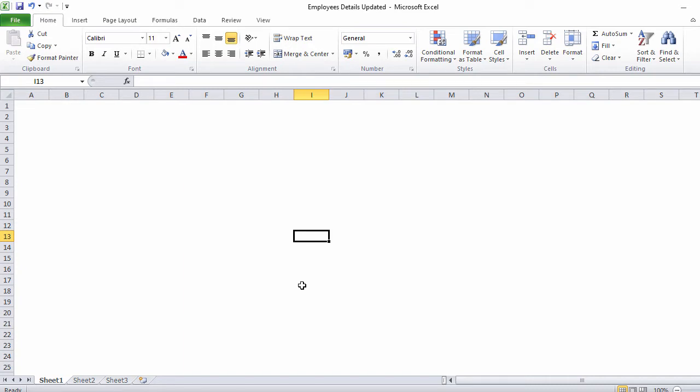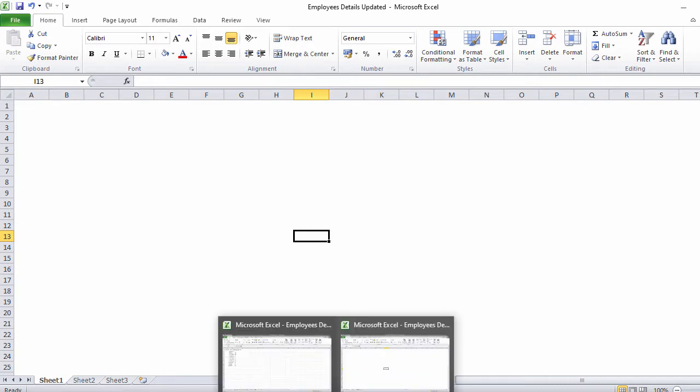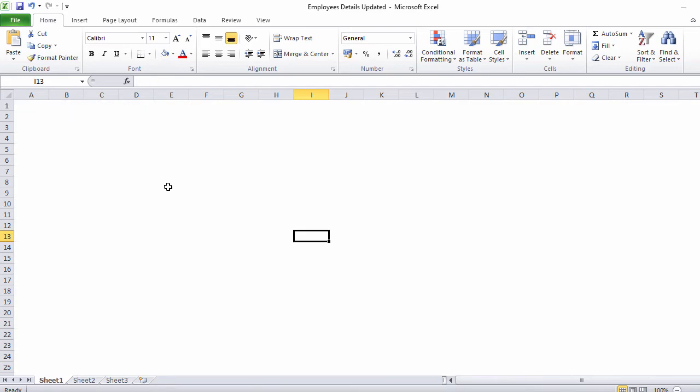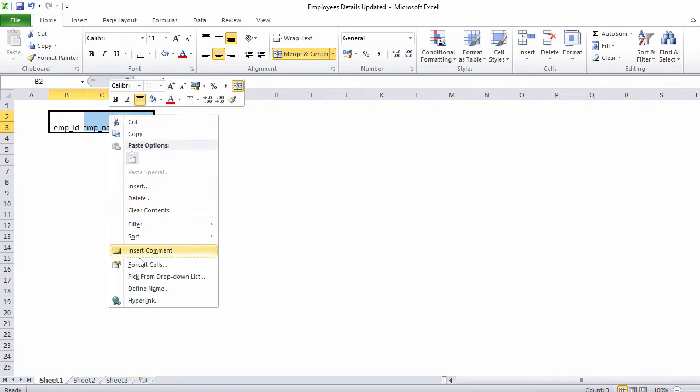Next step, we're going to create the header. For that we go to our data Excel, copy this header and paste it. I leave the first column and row and then paste it. Now in the next step I'm going to merge these cells, so that if you have a long header it can easily fit into this. In the same way I'm going to change all three columns, and then change the format.